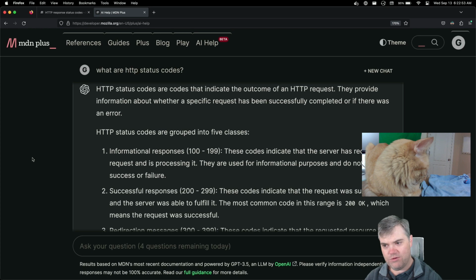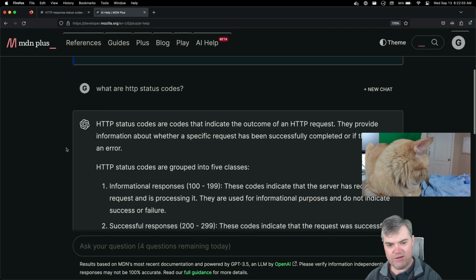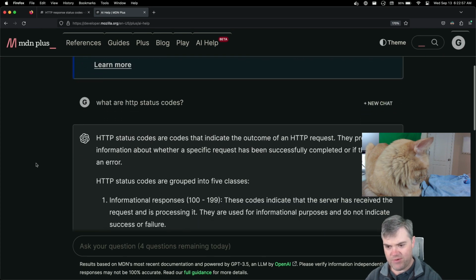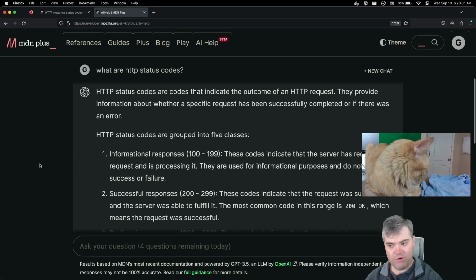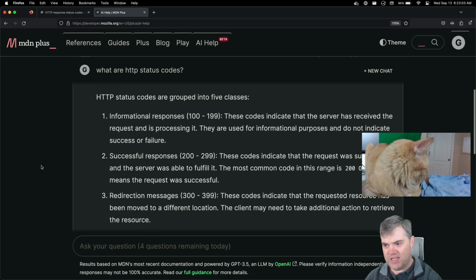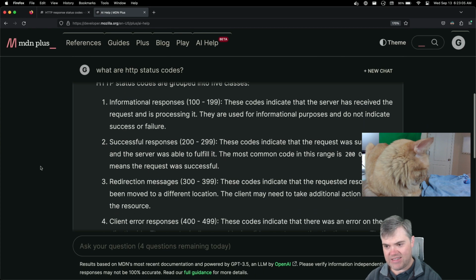Okay, so HTTP status codes are codes that indicate the outcome of the HTTP request to provide information about whether a specific request has been successfully completed or if there was an error. HTTP status codes are grouped into 5 classes: informational responses. These codes indicate that the server has received the request and is processing it.